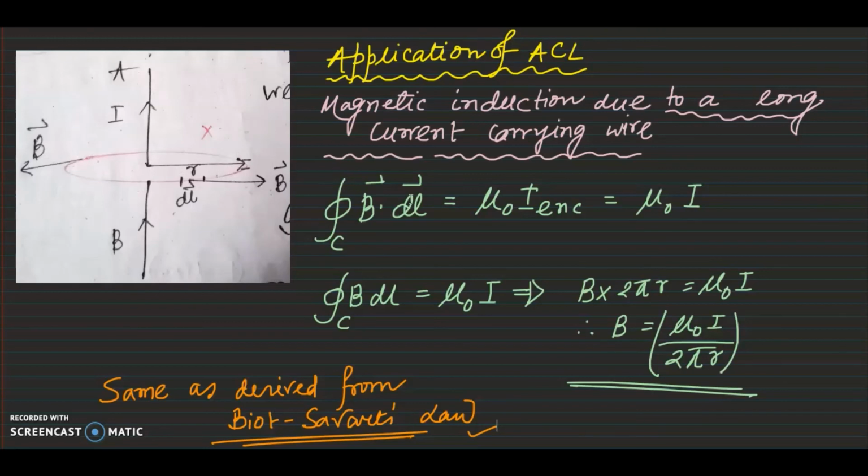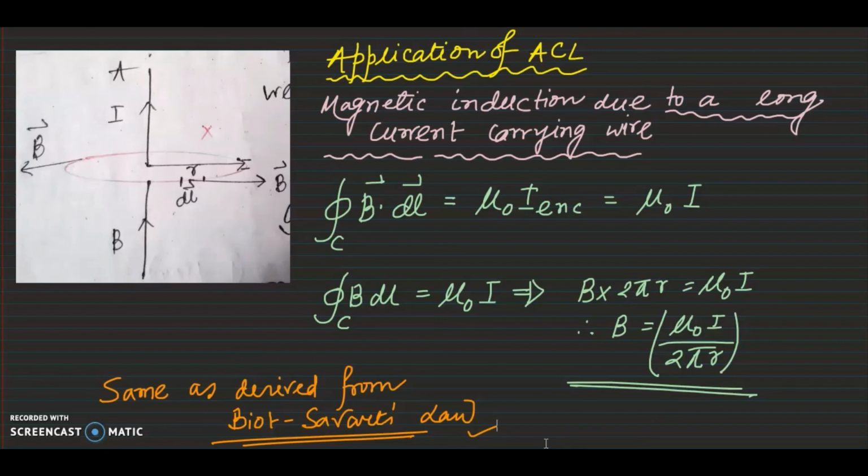From the Ampere circuital law we can write the closed line integral of B dot dl is equal to mu 0 I enclosed. Here I enclosed is the single current carrying wire carrying the current I, so it is mu 0 I. As the angle between B and dl is 0 degrees, it means B dl is equal to mu 0 I. As B is uniform, B can be taken outside, and the closed line integral of dl is the circumference of the Ampere's loop, which has radius r, so it is 2 pi r. So B times 2 pi r is equal to mu 0 I, and B becomes mu 0 I divided by 2 pi r.